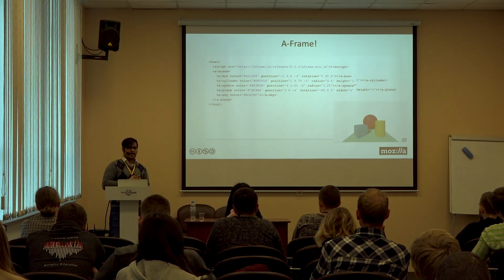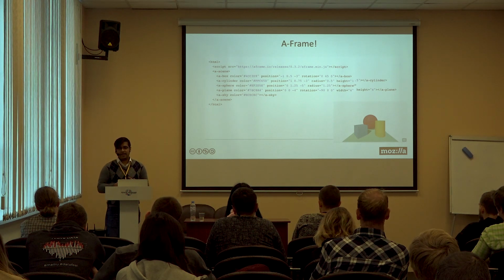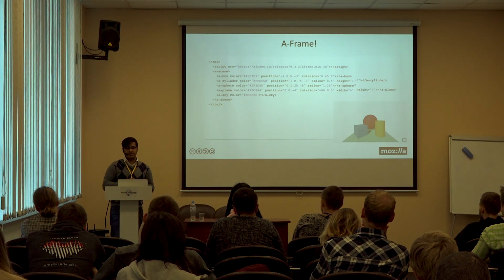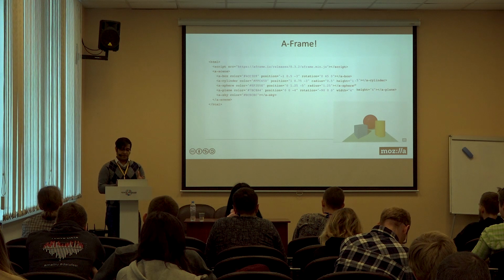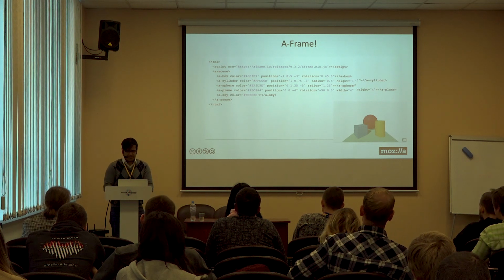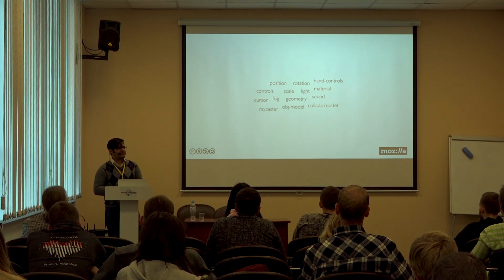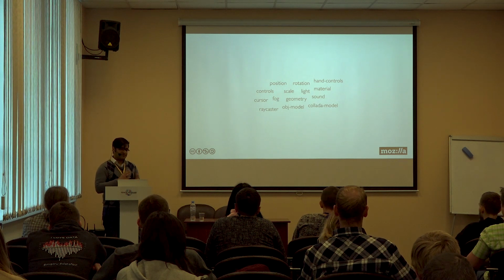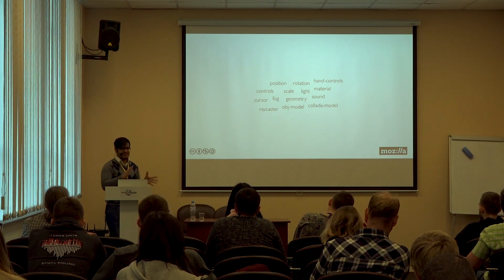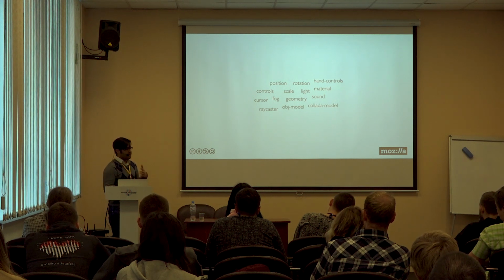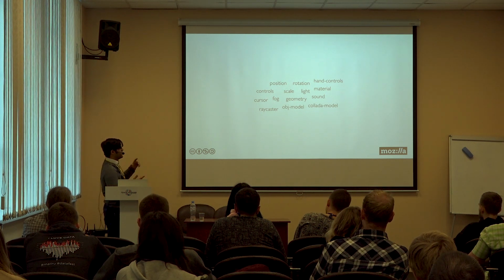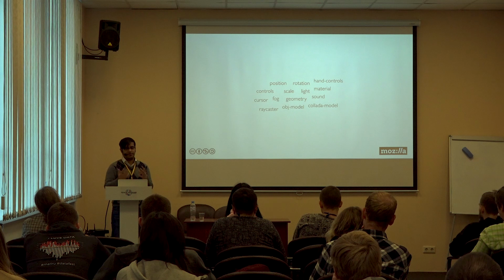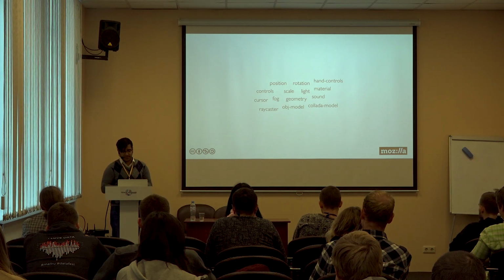All the objects in the scene are basically entities that are inherently empty objects, and you can plug in components to attach appearance, behavior, or functionality to these entities. Hence, the entity component framework provides an easy way to build up different kinds of objects. These are some of the components that ship with A-Frame. By the way, if you're worried that you have to create something like the Hermitage Museum just with boxes and cylinders, you can put your mind at ease, because A-Frame comes with different components like OBJ model or Collada model with which you can import 3D files in the form of .dae or .obj objects.